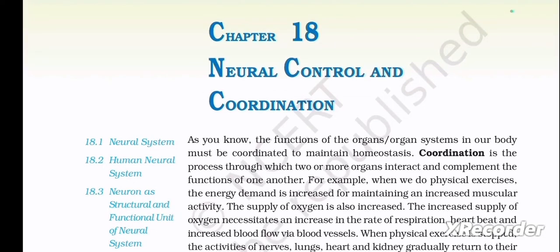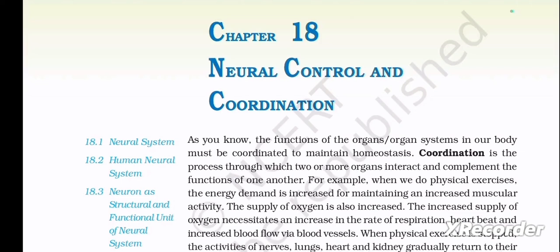Today's lesson is from NCERT Biology, Class 11, Chapter 18, Neural Control and Coordination. So let's start. As you know, the functions of the organs or organ systems in our body must be coordinated to maintain homeostasis. Coordination is a process through which two or more organs interact and complement the functions of one